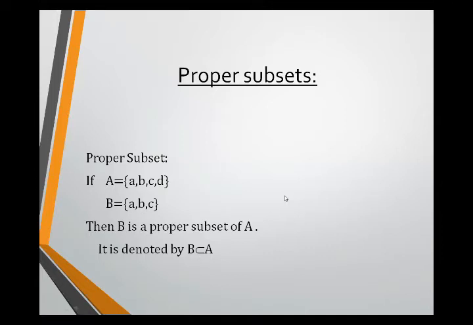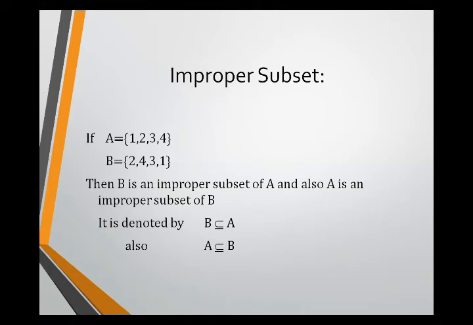The next one is improper subsets. If every element of set B is also an element of set A, and every element of set A is also an element of set B, then B is an improper subset of A, and also A is an improper subset of B. As you see, students, here we have a set A equal to 1, 2, 3 and 4,